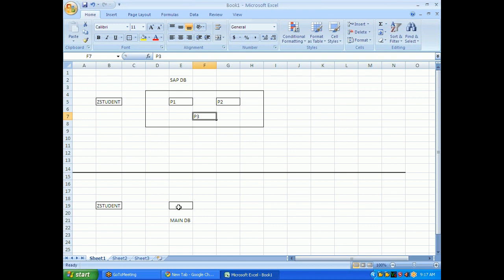One table pool represents one table in the main database.